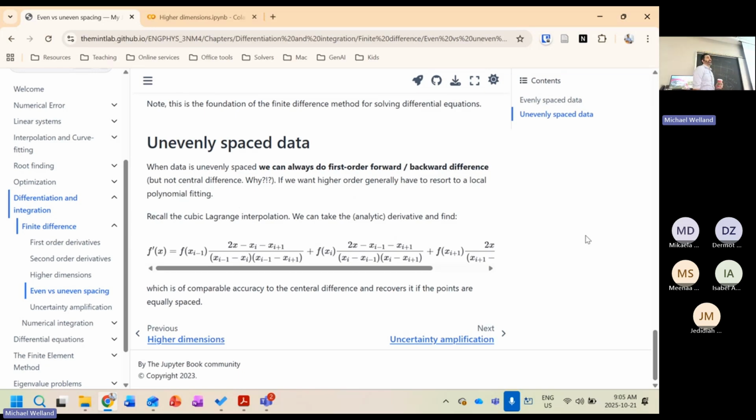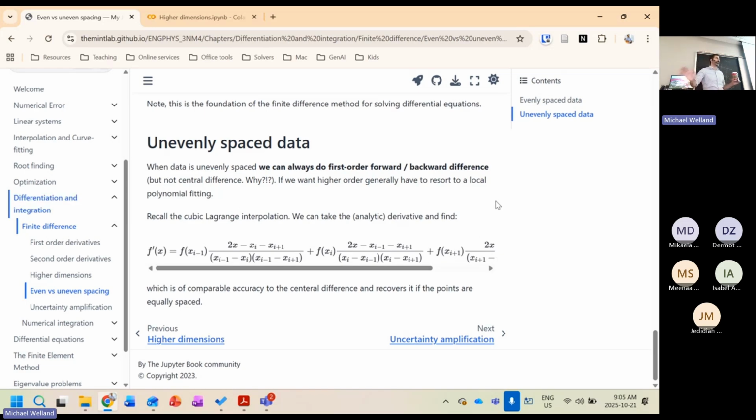We can always fit a curve, right? We can always take those data points. We can always fit a curve. If we had 3 data points, what order polynomial could we fit? With 3 data points, you can always fit a quadratic, right? You can always do that. And if you're going to be able to do that, you can just fit your curve and take the derivative, right? And if you do that, kind of the go-to way to do that is to take the